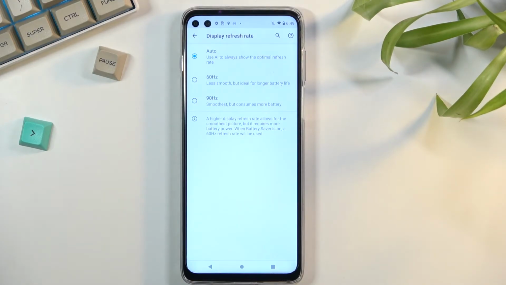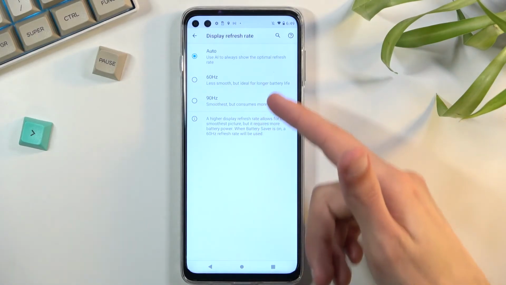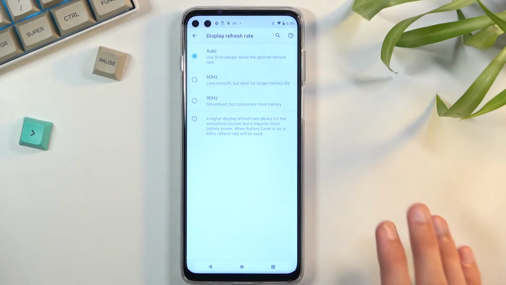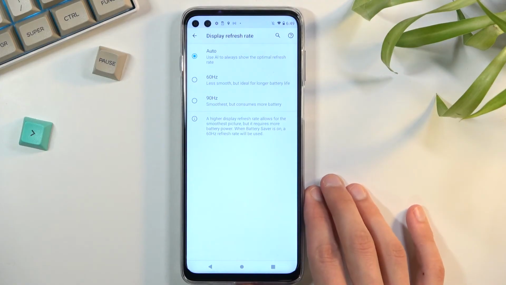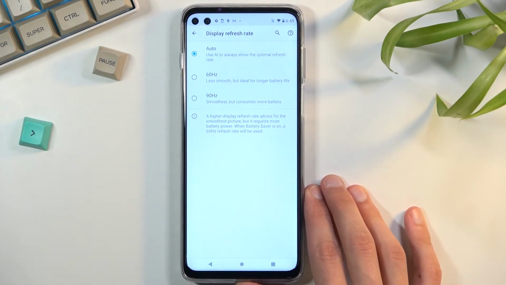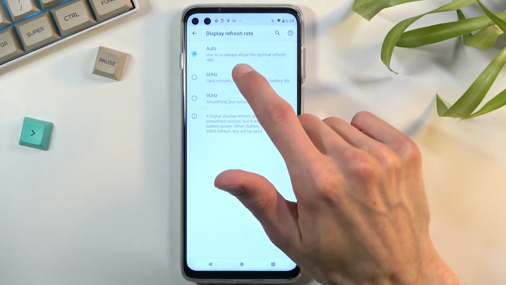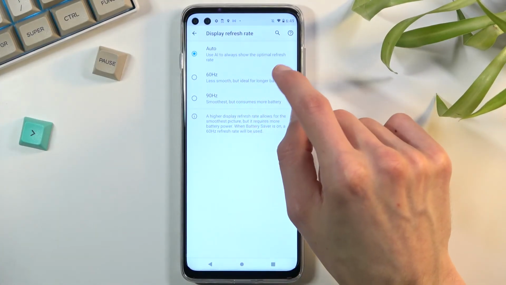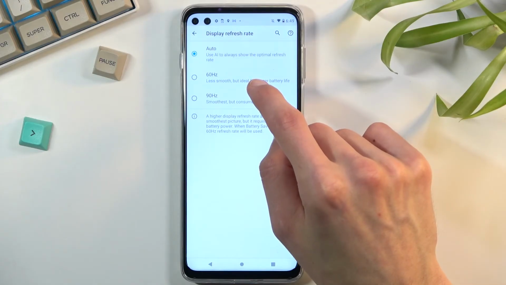But for the people that want to preserve battery life, 60 will probably be the better option, just because a high refresh rate will consume more battery, while 60 does not. It's just a typical refresh rate. And I will add a little caveat that I might be wrong about it in a way, because auto, like I mentioned, does drop the refresh rate lower, but some phones drop it below 60, up to like 10 or maybe even 2